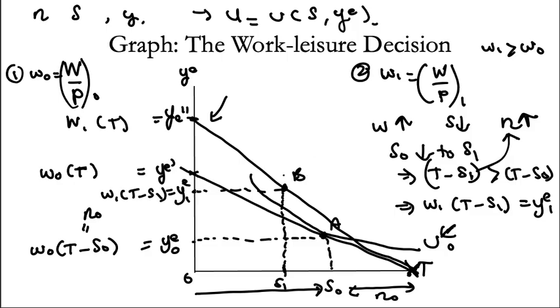Hold this point B. Therefore, at point B, there must be a utility function that has this new budget line as a tangent to the utility function. So let's say this one, U1. So this leads to B at U1. The new budget line is a tangent to U1 at point B. Okay, as you can see here,